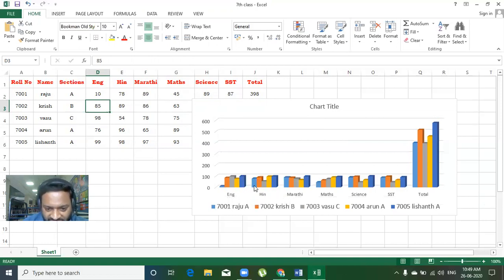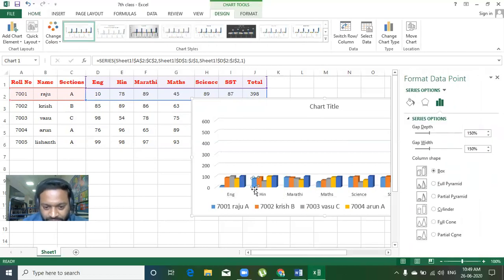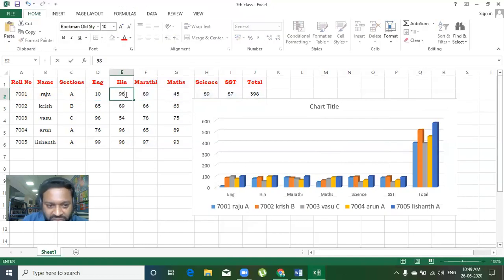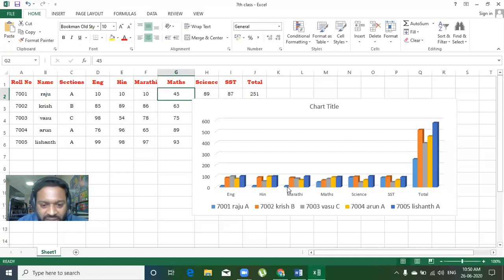Again, if I select the Hindi data series and change 78 to 98, then you see the data series has increased. So in this manner, whenever you change data in the Excel sheet, the changes will happen on the chart.